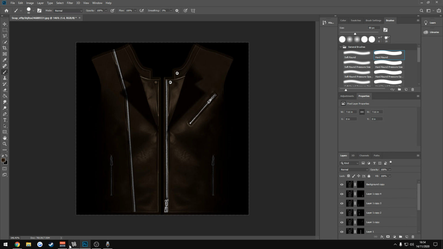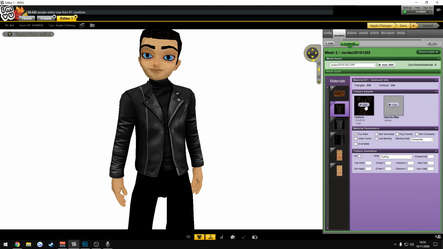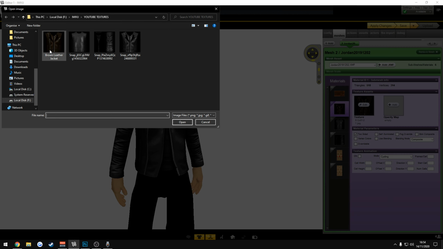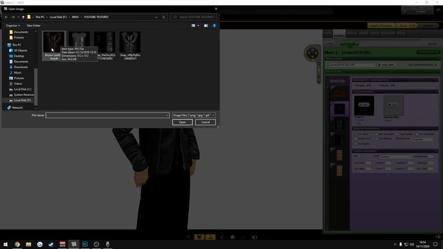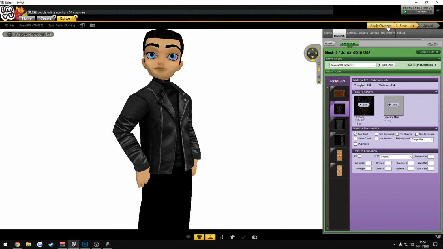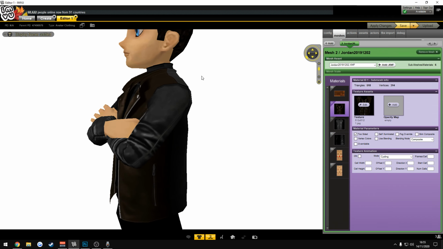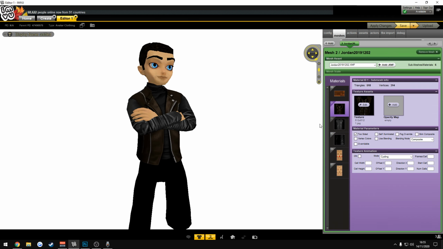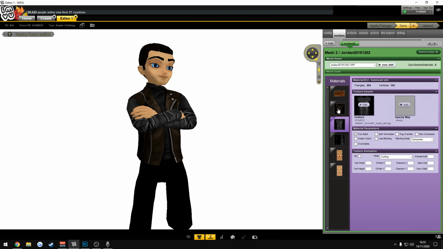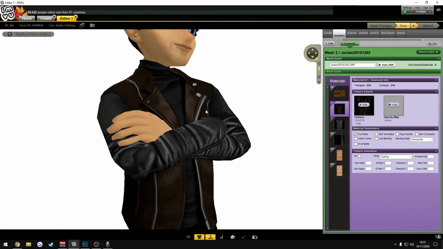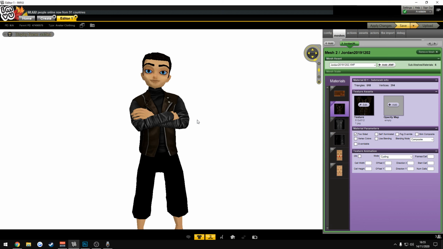Save. So now we go onto IMVU, we click on edit. We go under where we just saved our new brown leather jacket, and you click that. Press apply changes. Now we have a brown leather jacket for the first layer, because this has 3 layers. It's not just one layer, it's 3. So what we're going to do